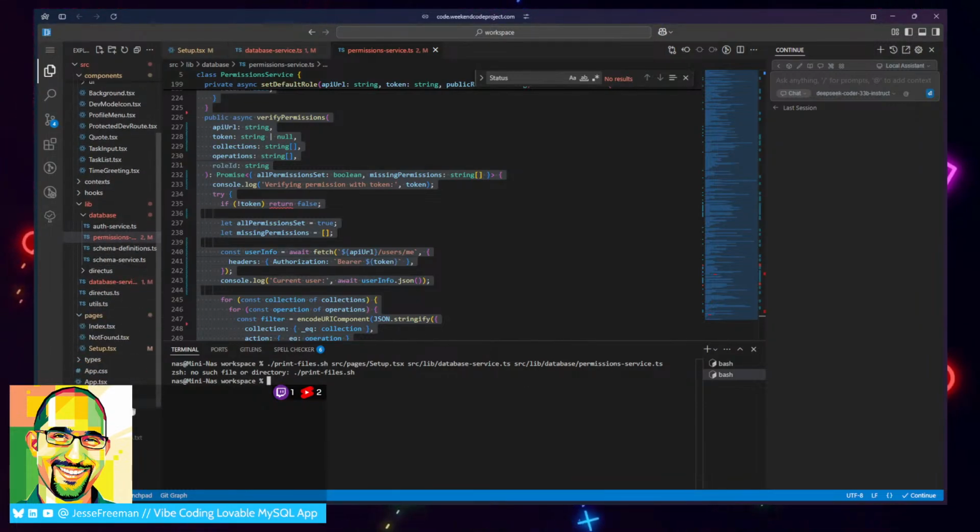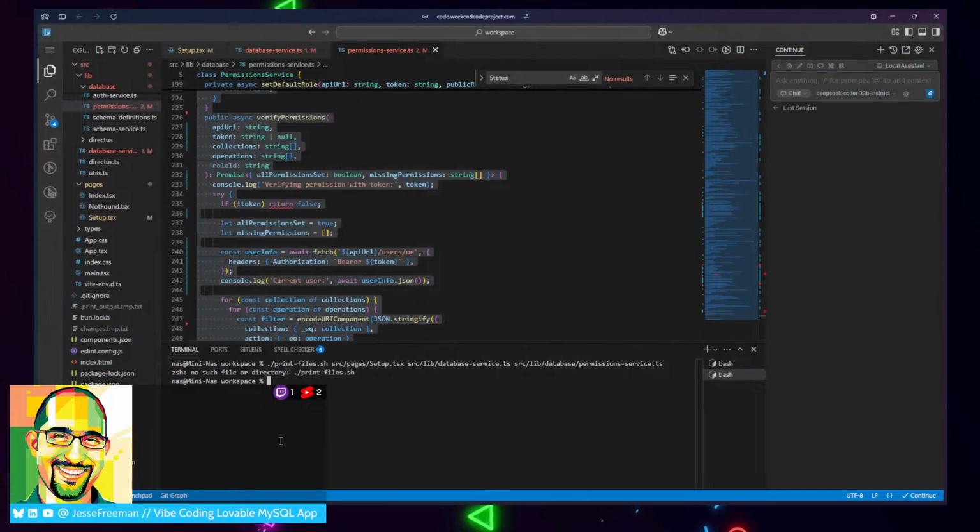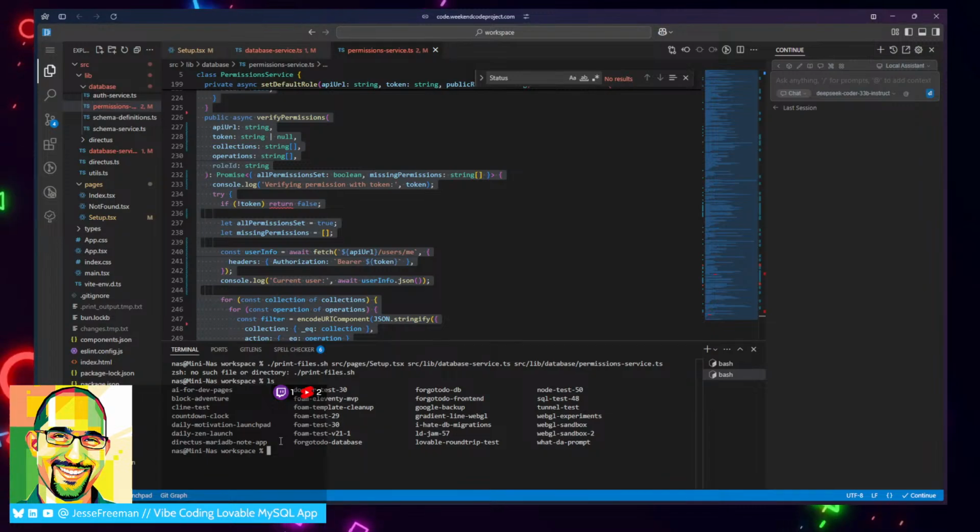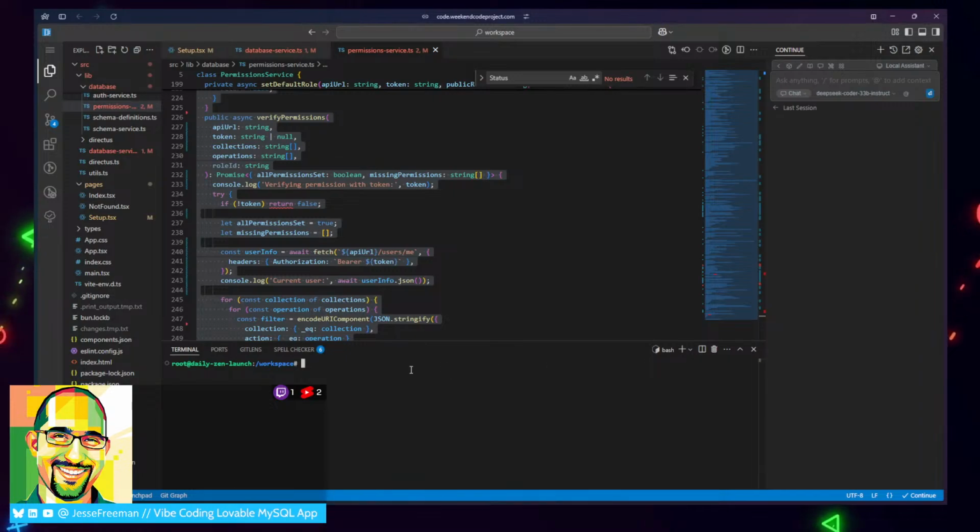Why did that shell script not run? Print. Oh wait, is my keyboard layers messing up? No. Oh, I see why. I'm so stupid. I'm SSH'd into my server. I don't need that. All right. Whoops, I should have print